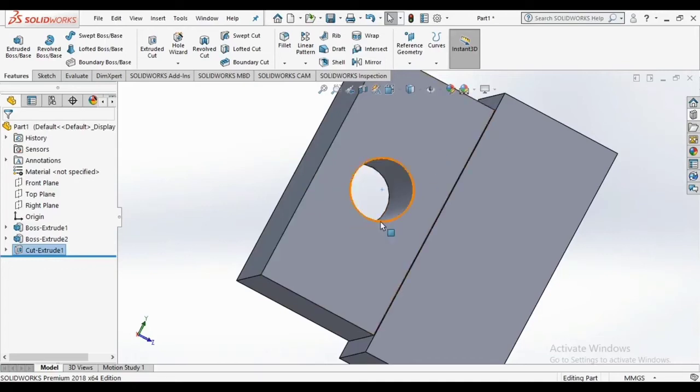As we are doing the basics and not going to advanced stuff, we will use the hole wizard command and go to threads,